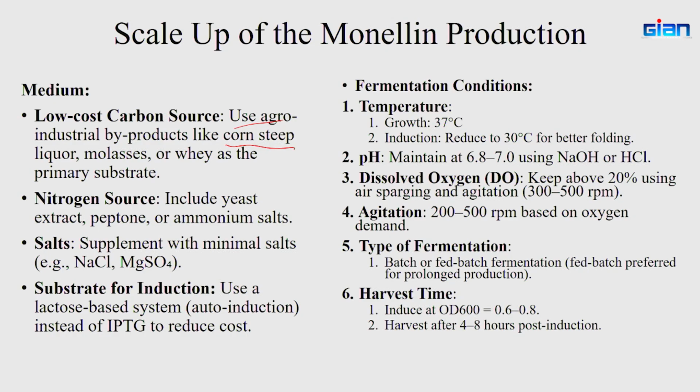For the medium, we'll be using low cost carbon sources, like molasses, though purification is another matter, so we'll be checking for that. The nitrogen source consists of peptones and ammonium salt. Alpha amylase for food grade does not require that much purity. For example, in brewing it's going for distillation anyway, so purity does not create much issue. It's not a big deal in brewery industries, but for pharmaceutical grade it is important.